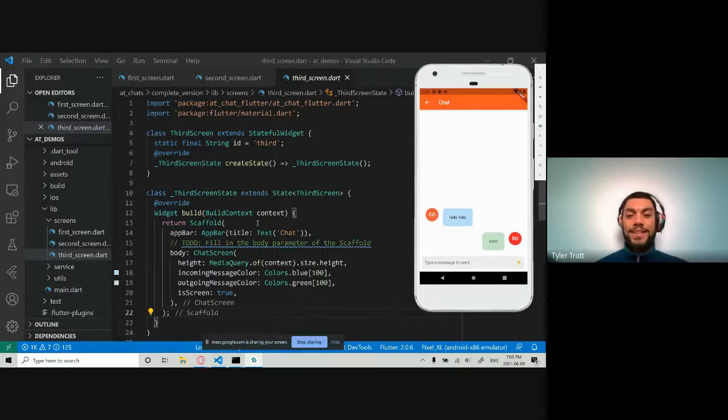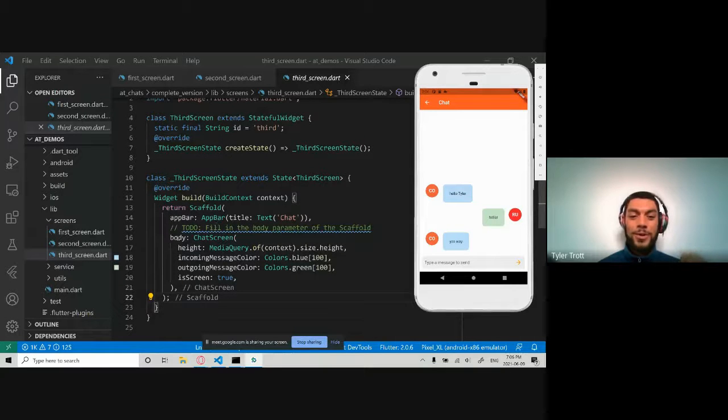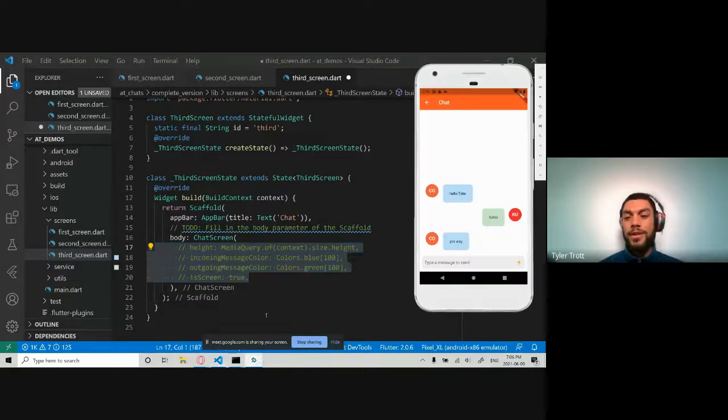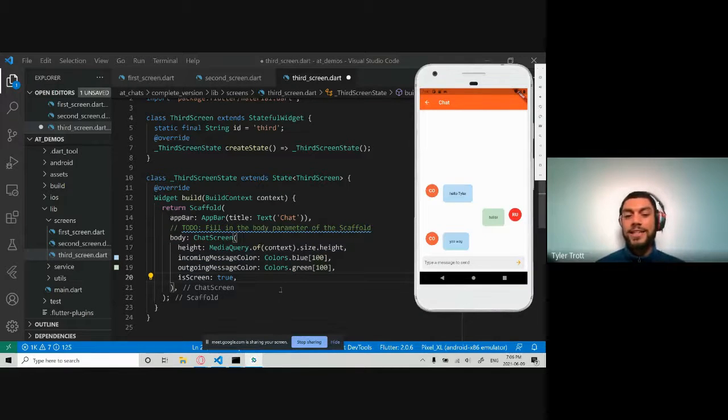And here, this is my favorite part of the @chats. This is my favorite part, where all you have to do for this chat screen is call body::chat screen. You don't even need all of this. I could comment this out and the app will be more than happy to work. What you'll see is just, again, UI stuff where I'm saying, what's the height of the text, or what color is the text, and is it its own screen? So all you need is body::chat screen, and it'll work.